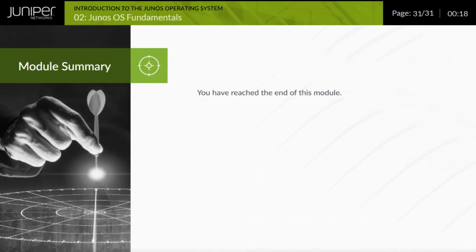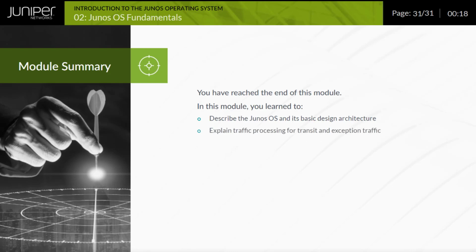You have reached the end of this module. In this module, you learn to describe the Junos OS and its basic design architecture, explain traffic processing for transit and exception traffic, provide a brief overview of Junos OS devices,